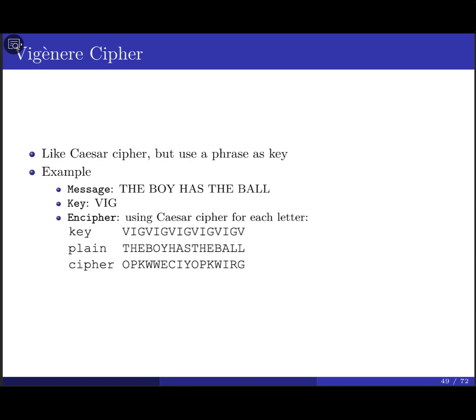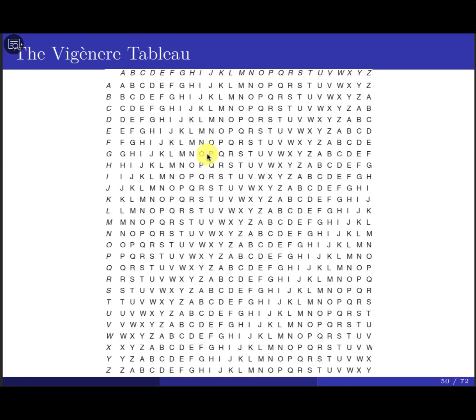Generally speaking, the Vigenere cipher uses a 26 by 26 table. This is the way to perform that. Remember, this is only from A to Z. I didn't add numbers and special characters. This is a simple version. So we have a 26 by 26 table, with letters from A to Z, a row header and a column header. And this table is usually referred to as the Vigenere tableau, table, or square. Different names, okay?